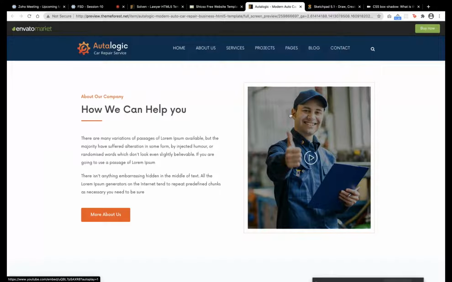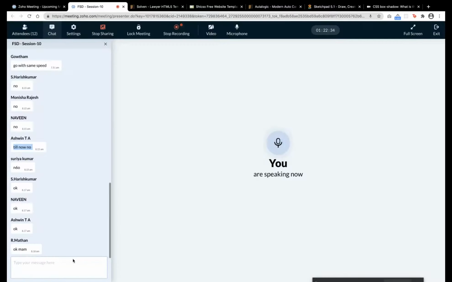Actually Flexbox is a new concept, I think from CSS3. But before that there was a concept called floating. Maybe in the inspector you can see float left and float right. Floating was there, but after CSS3 Flexbox, nobody is using floating. I don't think you people need to study floating. But if the interviewer asks whether you know floating, you can say that you started studying from CSS3, and Flexbox helps in achieving all the things floating gives, so you didn't bother studying that.